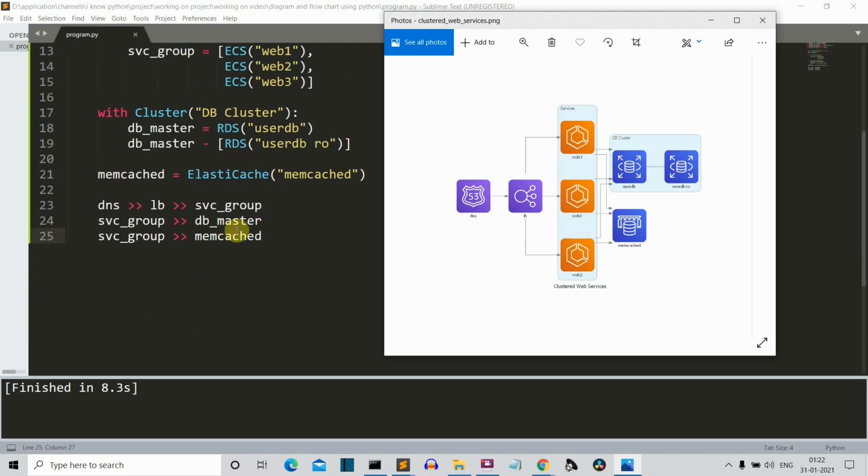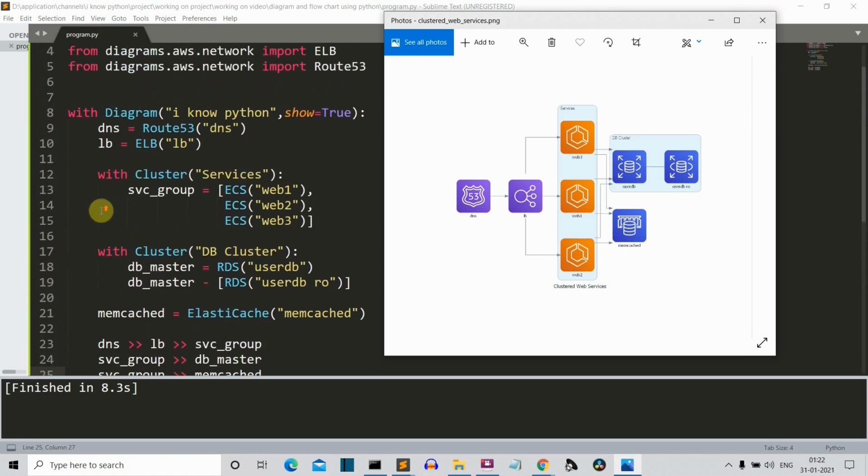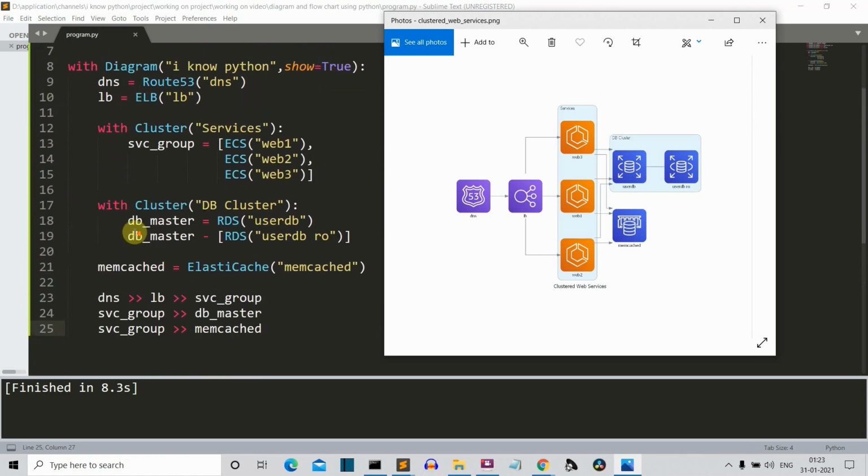Now how to organize them? How are these arrows created? How are they organized in orders, like who is first, who is second, who is third? How does the program know this? Now this piece of code does exactly that thing. So first is DNS. This is why we have stored them in variable. So first is DNS, then we have LB, then we have SVC group. Yes, this SVC group.